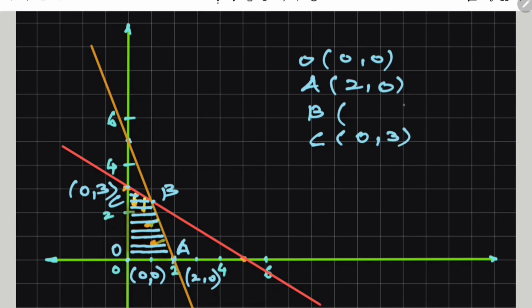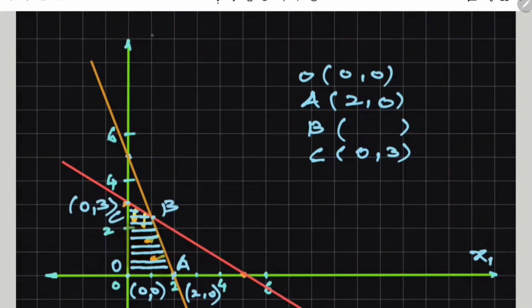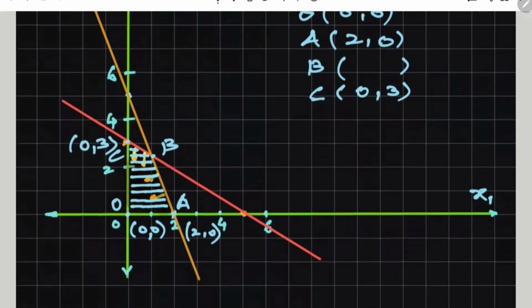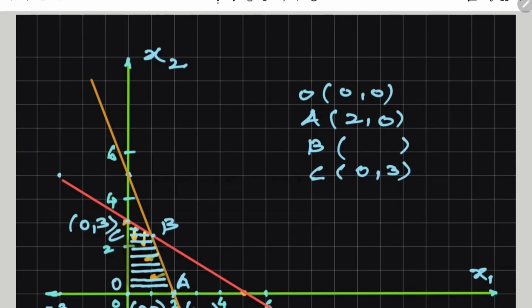Therefore, if we solve those two equations simultaneously, we get the coordinates for B. I have written it here directly; the calculation I have shown in the next part of this problem. Therefore, we get the coordinates for B as